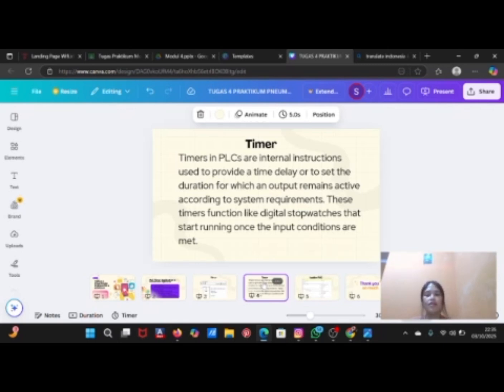There are different types of timers: on delay, off delay, retentive timer. But in this program, we see an on delay timer, or TIM, with a base time of 100 milliseconds.